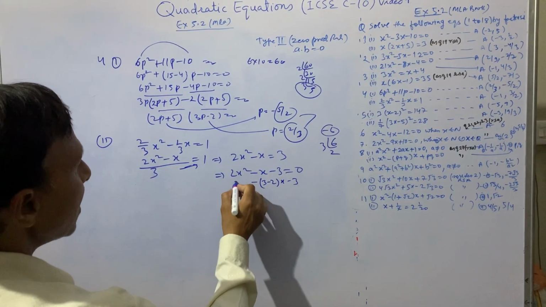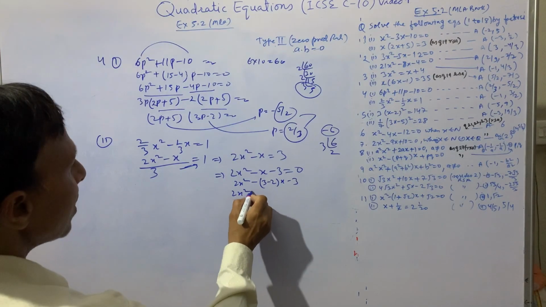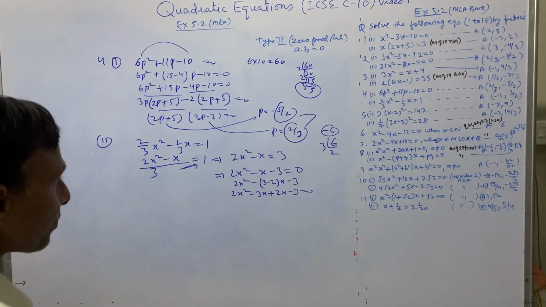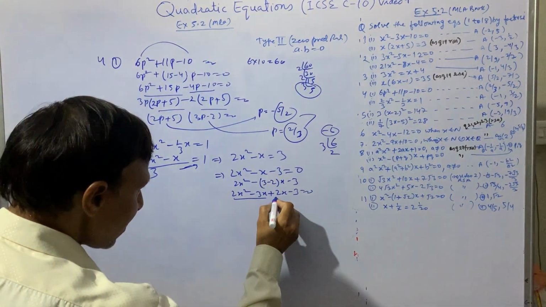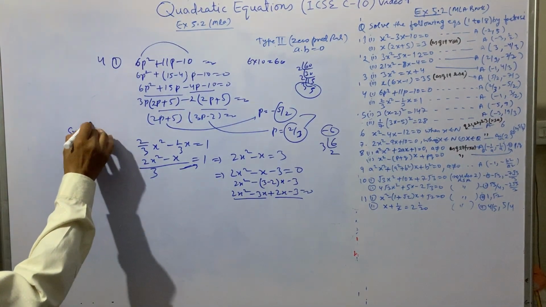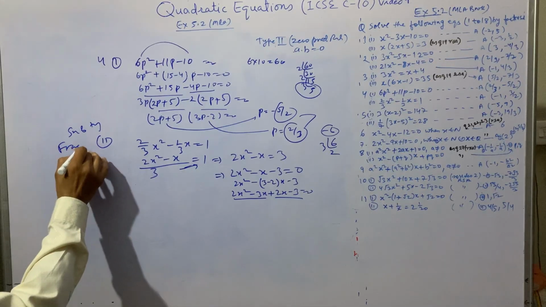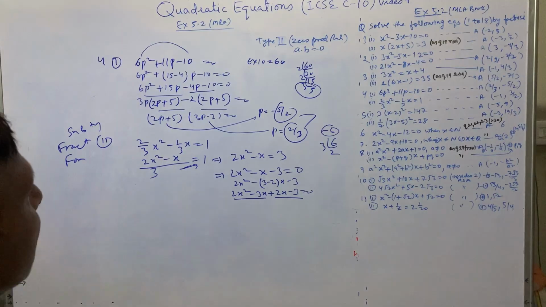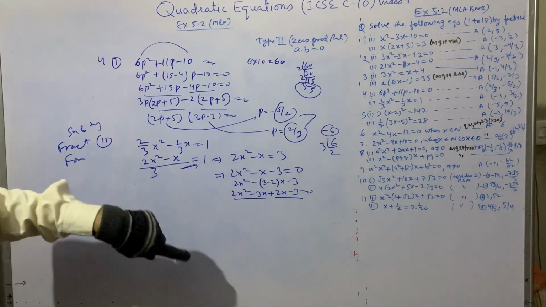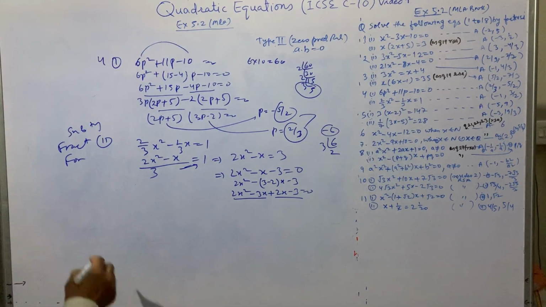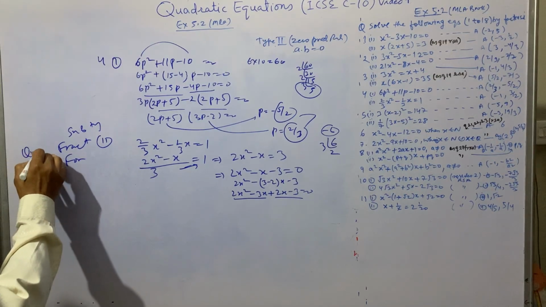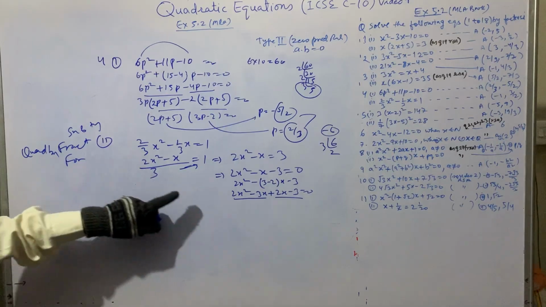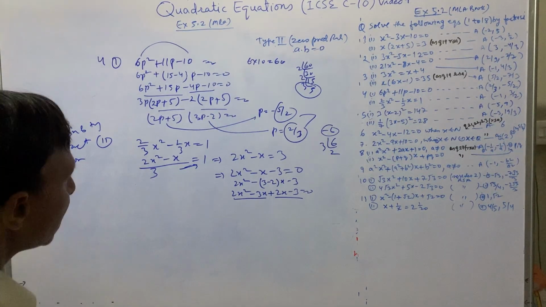तो 3 - 2 × x हो गया -3, ये आपका 2x² हो गया। अब ये कटेगा, देखो 2x² माइनस 3x प्लस 2x माइनस 3 इज इक्वल टू 0। ये फ्रैक्शनल टाइप में आता है, सब टाइप यानी फ्रैक्शनल फॉर्म। उसमें आप एलसीएम लेके कर लेते हैं। क्वाड्रेटिक बट फ्रैक्शनल फॉर्म है। तो इसको पहले प्रॉपर क्वाड्रेटिक में कन्वर्ट किया, उसके बाद a डॉट b में हमने इसको कन्वर्ट किया।